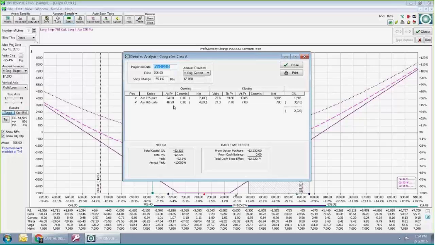Here's where it currently is at. It's showing what the projected volatility will be at closing. So you see 22 and 21. It's projected that 55% drop in volatility because of earnings tonight. Here's the fair value it's calculating.